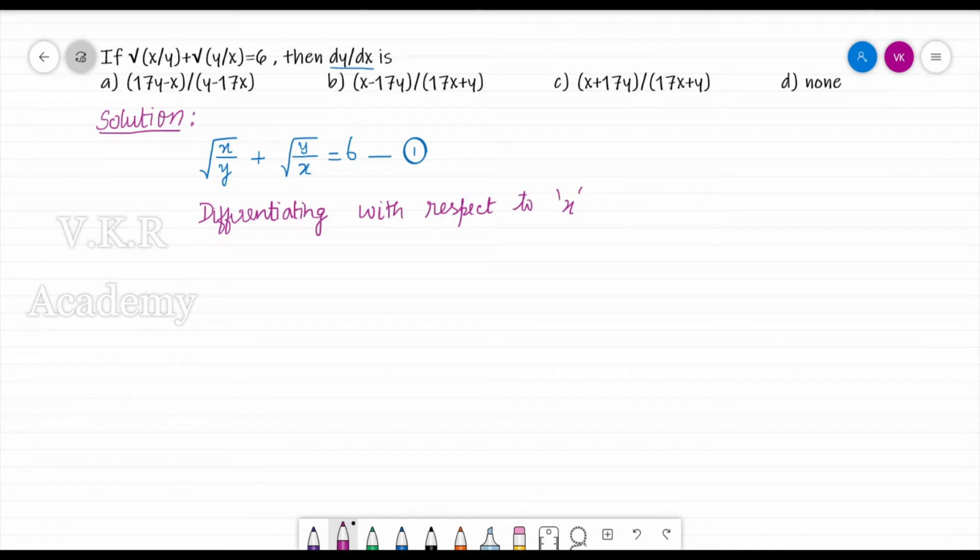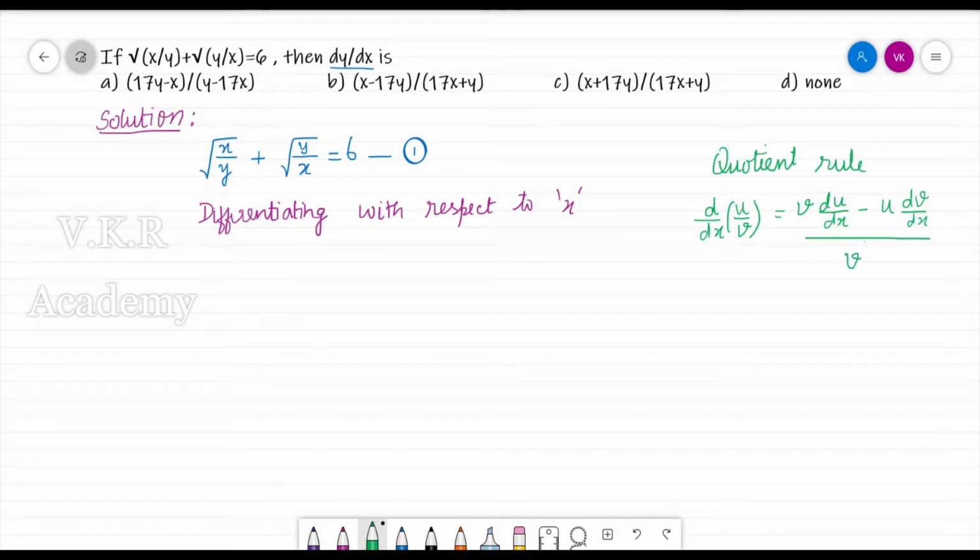So let's take the quotient rule, which states that d by dx of u by v is equal to v into du by dx minus u into dv by dx, by v squared. So applying the quotient rule to each of the terms, we have